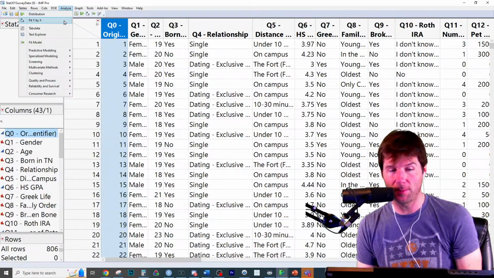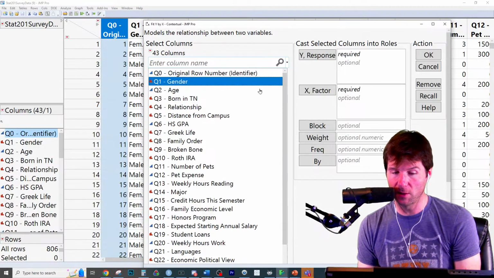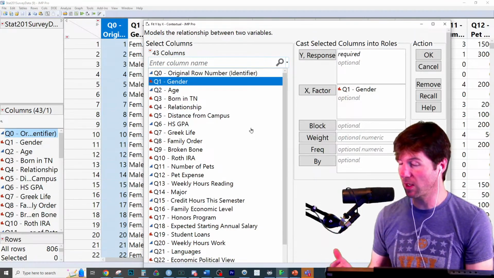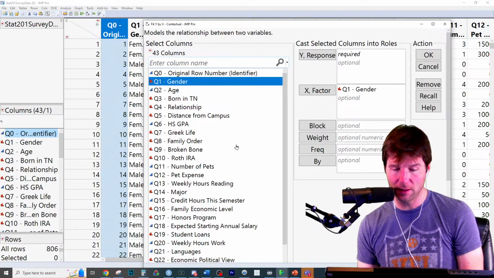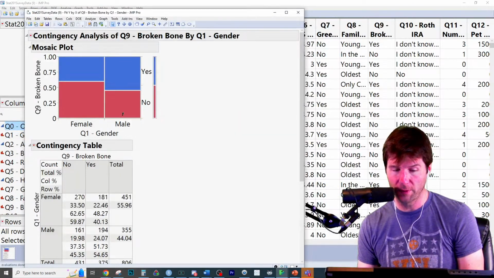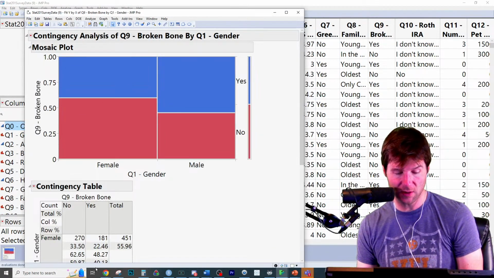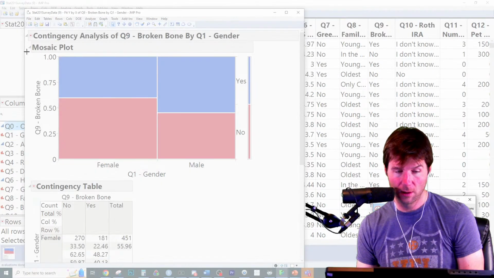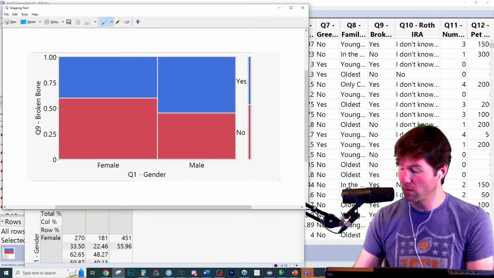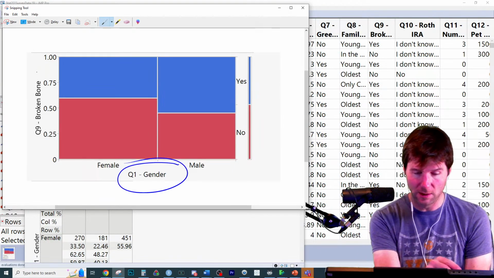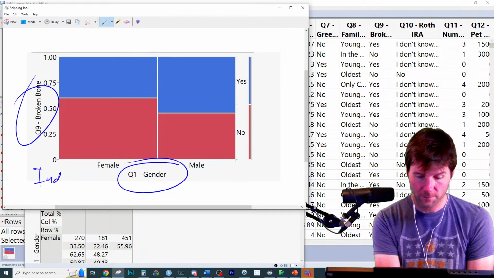So here's the last chapter. The last chapter right here is 2 categorical variables. So that's a condition that we have 2 categorical variables, known as count data. So get ready for that condition. Let's see if gender can explain if someone has broken a bone. So you ready for the null hypothesis, Jesse? For this chapter, we do not use notation. The null hypothesis is gender is independent of breaking a bone.